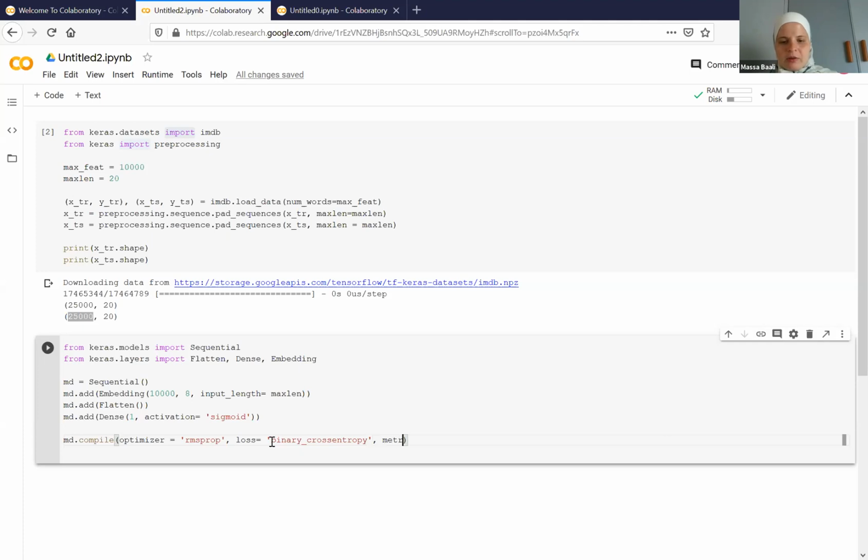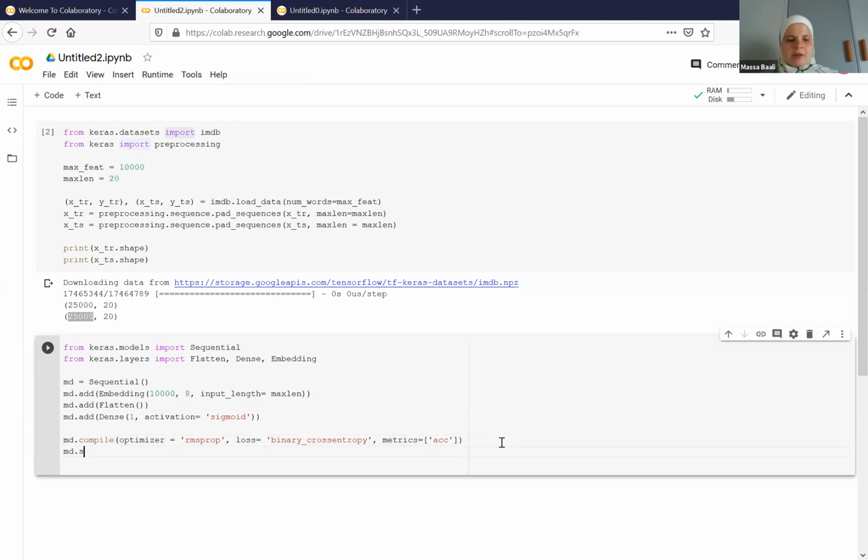And the metric we talked about before is the accuracy. Okay. So now our model is ready. We call the model.summary just to check the layers and to take a full idea about what we wrote. So now model.summary,